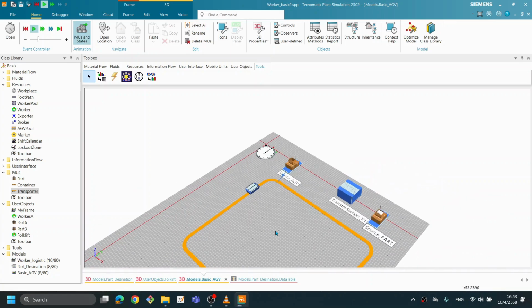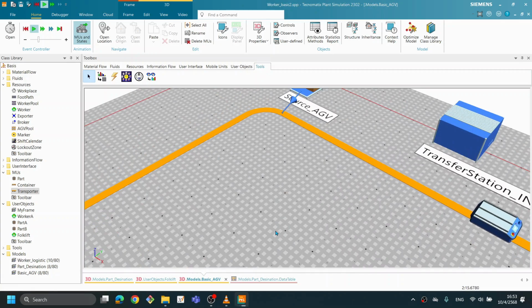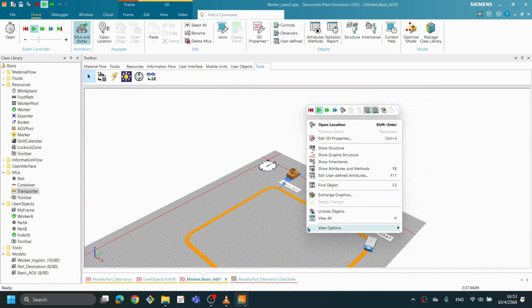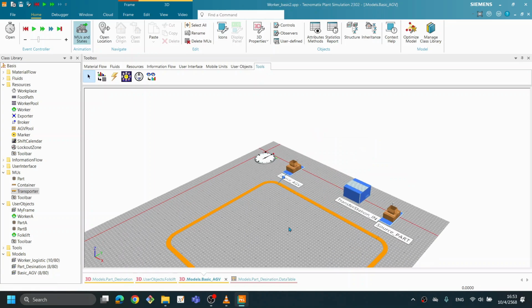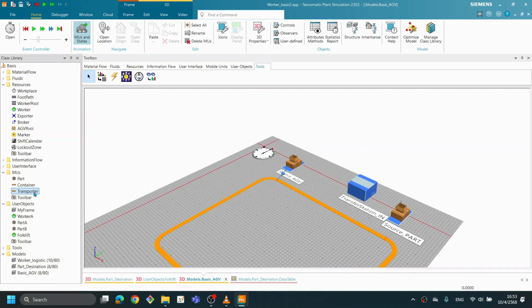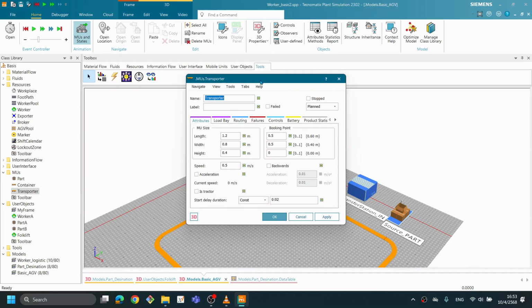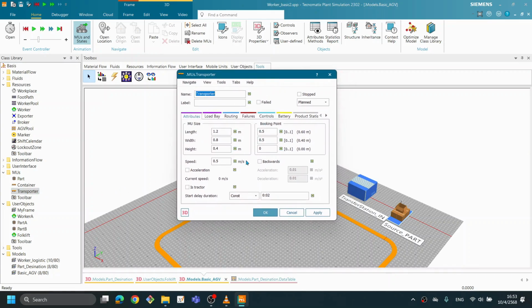Okay, shorter, right? It's shorter. The HEV is shorter than the original. Right? Okay, I double click again in the transporter. And another thing, another option. Okay, I will introduce you to